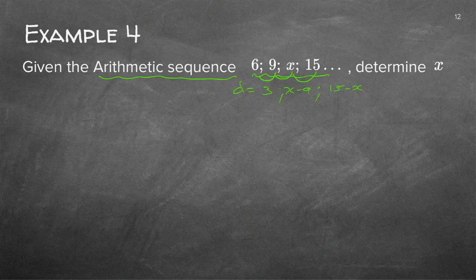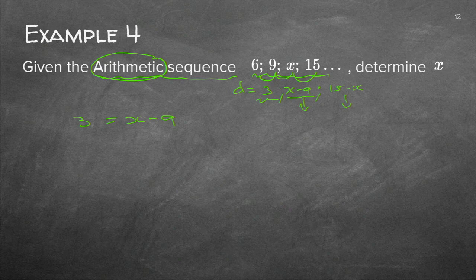You remember we take right-hand side minus left-hand side. I hope that's a pattern in your mind already now. Never the other way around, because then it will all be wrong. So I did right-hand side minus left-hand side, and there's all my d's. But luckily, I know because it's an arithmetic sequence, the d's are supposed to be the same. So if I take my first d, which is 3, I can put it equal to my second d, which is x minus 9. I can actually pick any two d's. I could have picked this one there and that one there and put them equal to one another,